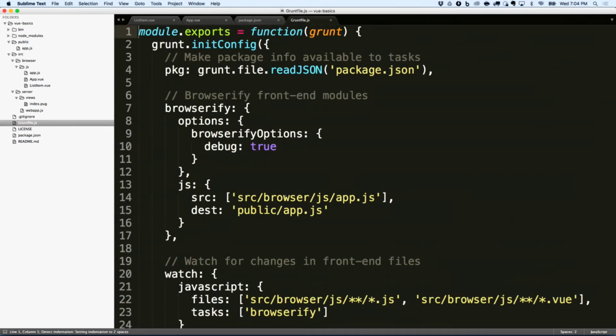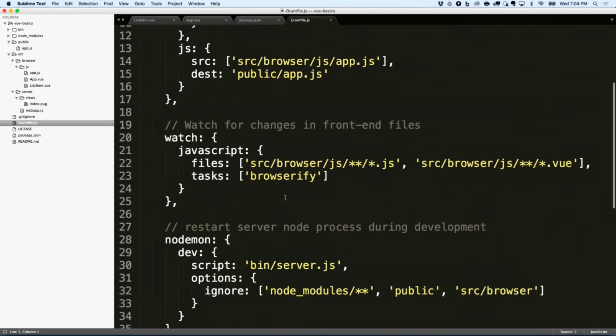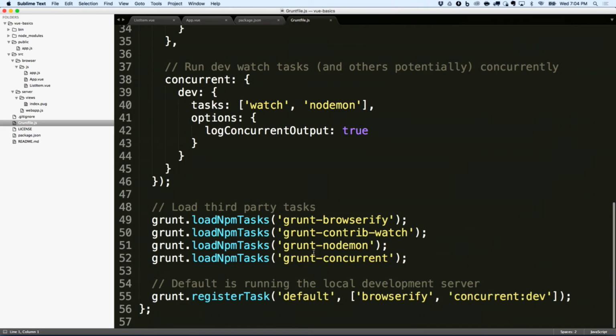So the Grunt file, which you can dig into in the GitHub repo, is configured with a few tasks, but the default task is to run Browserify to initially package up the JavaScript file, which will serve up to the client and put it in our static asset directory. And then I have a concurrent task that's going to be watching my front-end assets and my back-end assets and restarting my server if the back-end code changes and re-browserifying my front-end code when the front-end code changes. So I don't have to